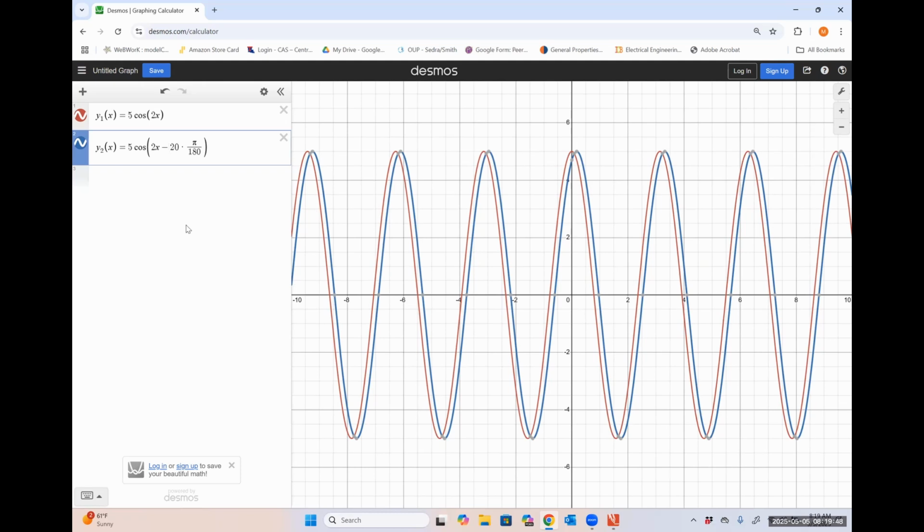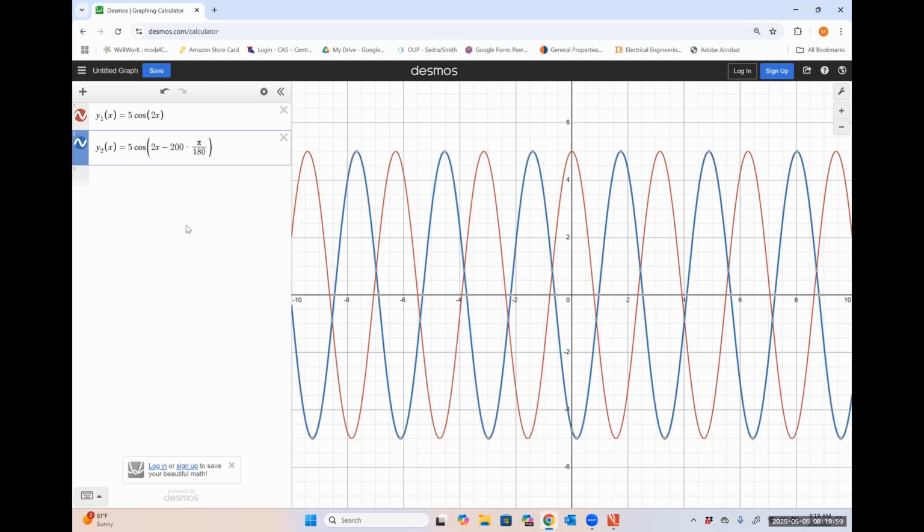The larger that phase angle is, the more our signal is advanced or delayed, right? So right now I have a small delay, but if I did 200 degrees, now it's shifted out pretty aggressively to the right, so much so that it is well over half a cycle out of phase,